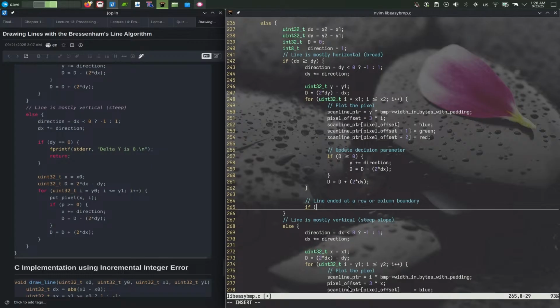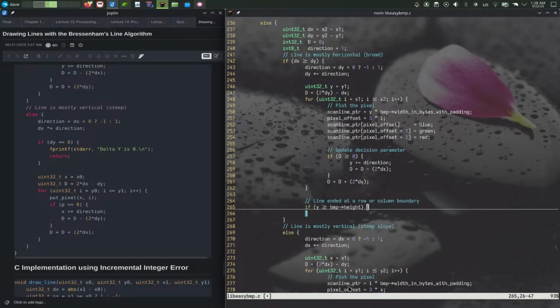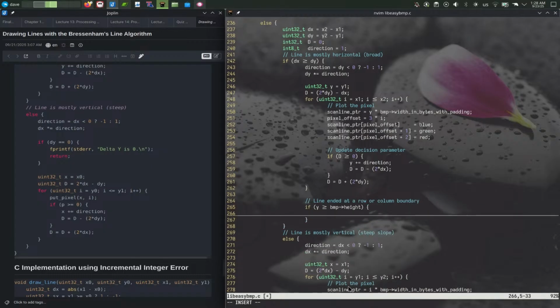So here we're increasing y, right? So if y is greater than or equal to the height, right? Because the height can't be touched. If you have a 256 by 256 picture, you can't use row 256 because the rows are actually ordered from 0 to 255, right? So